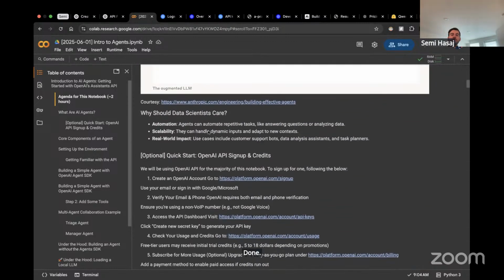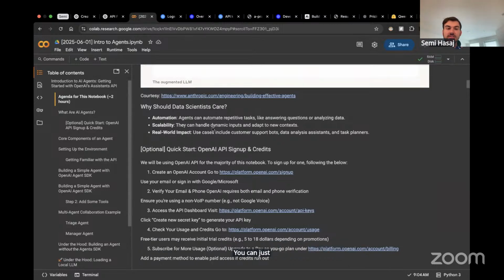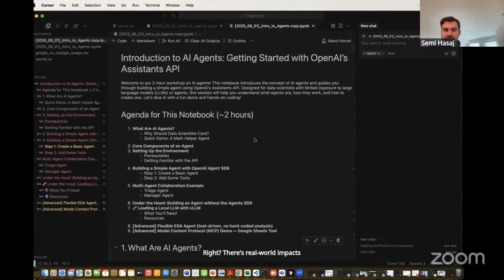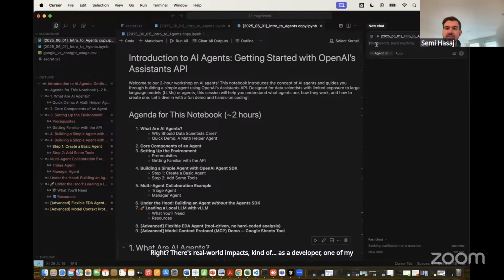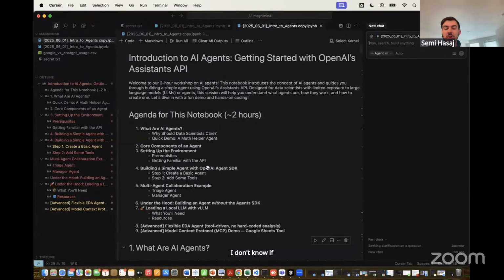So as I think we're all seeing, the reason this stuff matters, and I think a lot of us are data scientists, is agents are just great for automation. You can just drop a CSV and get a pretty good analysis from an LLM with access to tools, right? There's real world impacts. As a developer, one of my favorite use cases is using Cursor. Who has used Cursor before?